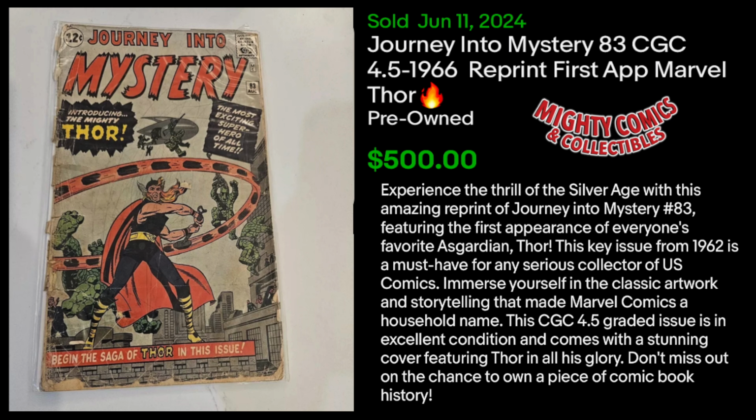One, they list this as a reprint. Second, they're listing this book as a CGC graded book when obviously it is a raw book. Third, they're saying this book is a 4.5. Looking at it, we can see it's a 0.5, right? There's no argument there. And of course, lastly, they have this for sale for $500, which obviously in a 0.5,